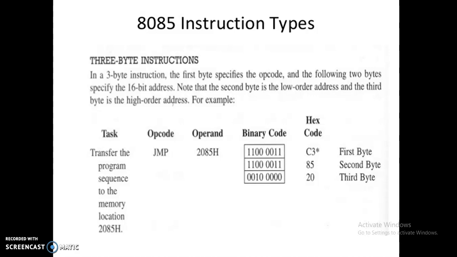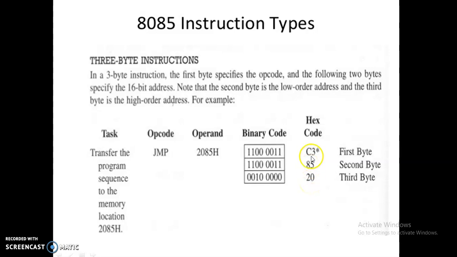So the 16-bit address is divided into higher order address and lower order address. Note that the second byte is the lower order address and the third byte is the higher order address. For example, you can see this opcode JMP. JMP means jump. Here this is the address or memory location. Here the 20 means the higher order address, the 85 means the lower order address. Here is how we write this in hexadecimal code: C3 is the first byte, JMP, 85 is the second byte, the lower order address, and 20 is